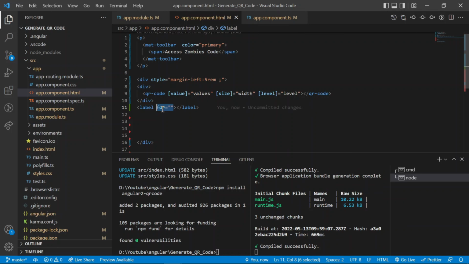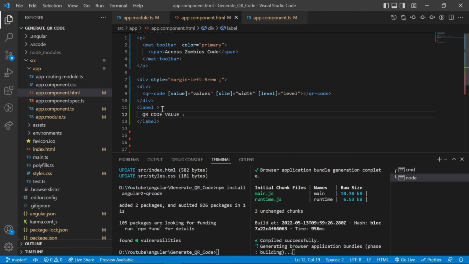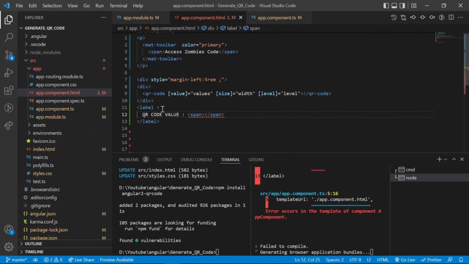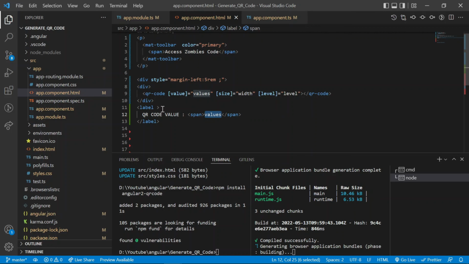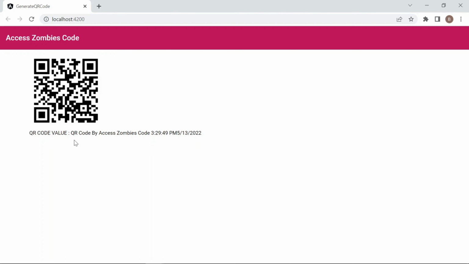Label equal to QR code value, then the value will be... So let's check. The value of the QR code is written here.